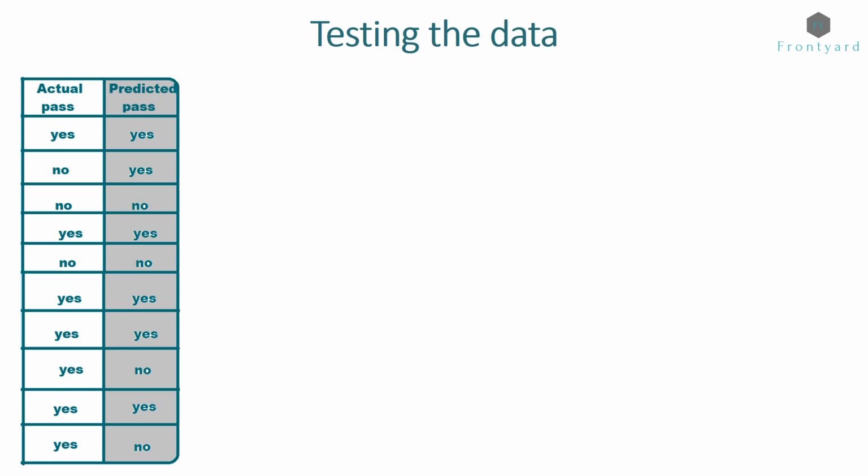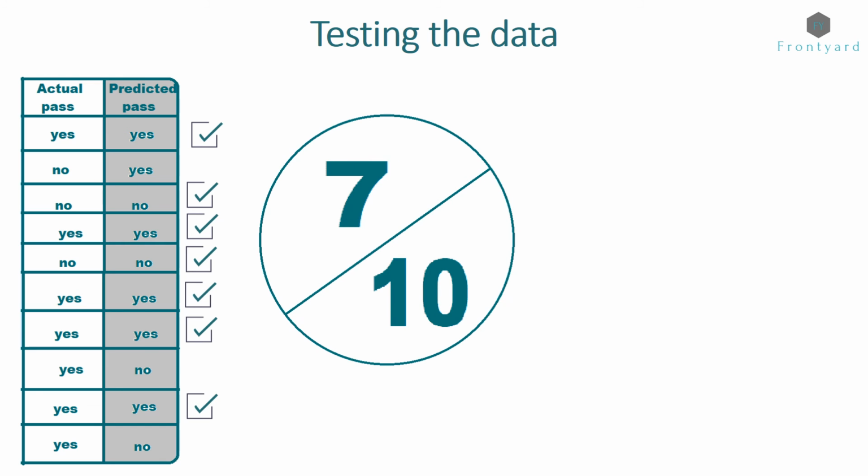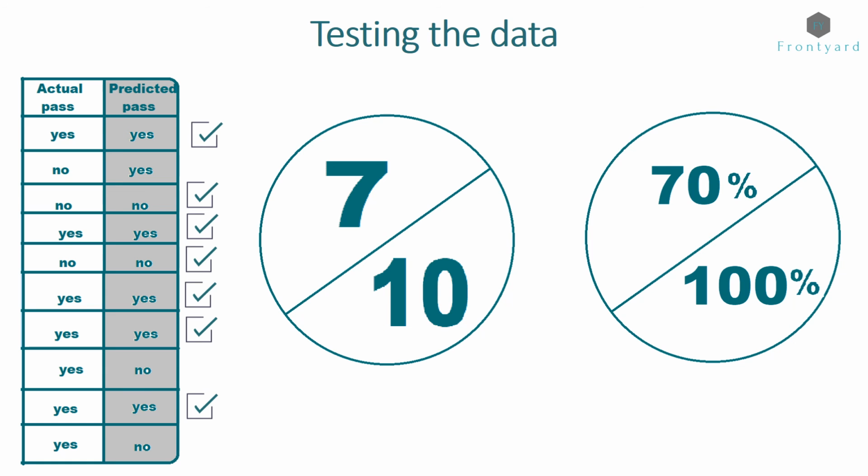For a better understanding, consider that we tested the machine by giving 10 observations. The actual result and the machine predicted result are listed here. The actual value says yes and the predicted value also says yes. Likewise, we are counting the results that we got in the actual and predicted columns. So here 7 answers are matching. So the mark will be 7 out of 10. We can say that it got 70% accuracy. That is, 70% of the results produced by this model are right.